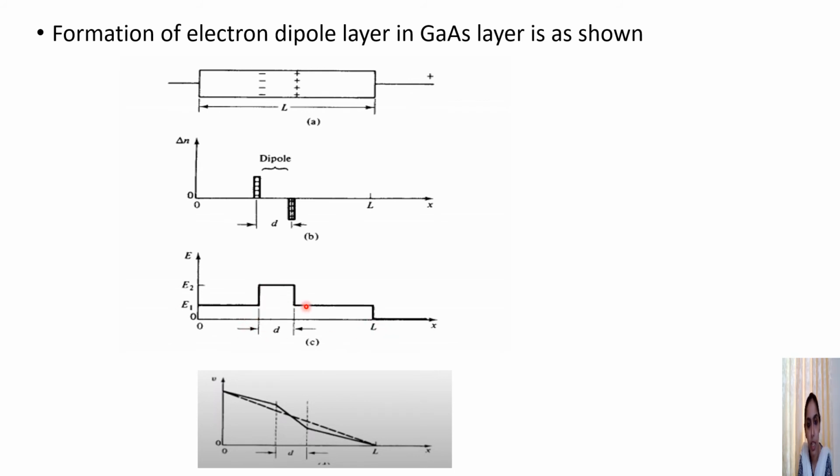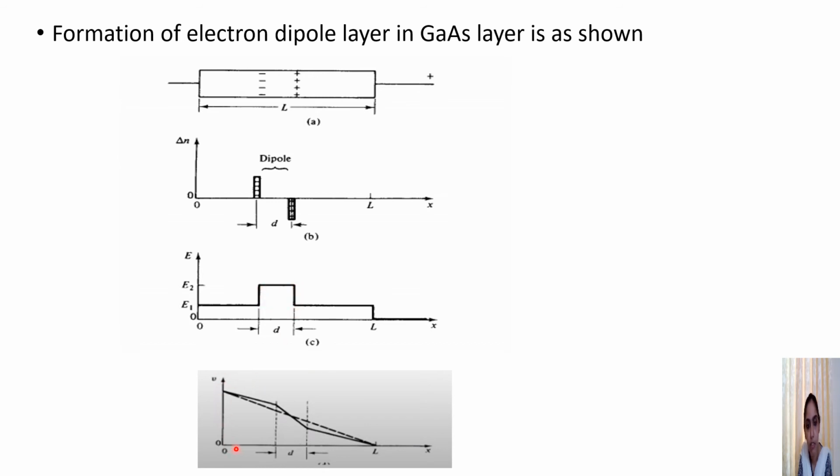In the profile you can see in which region the domain is being formed. We consider here a particular region; there only you are going to get a high electric field, whereas the electric field in the remaining part of the sample is not going to change, it is uniform. At the region of domain formation, we have a very high electric field domain. That is what is shown here.